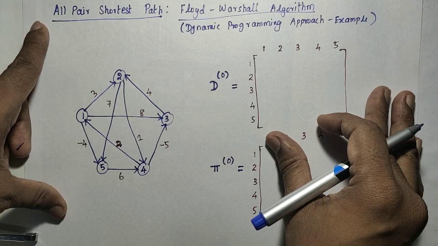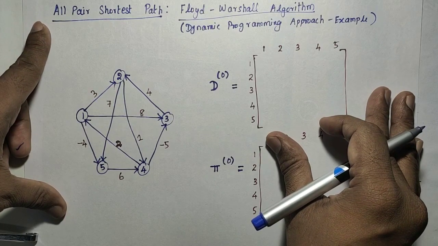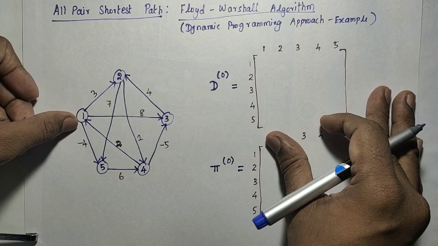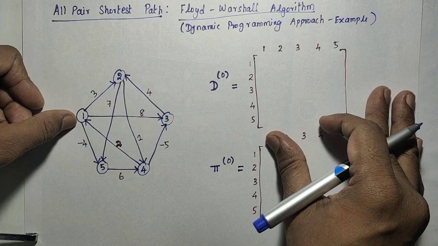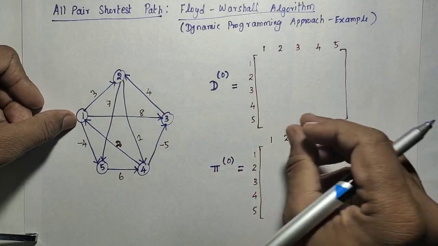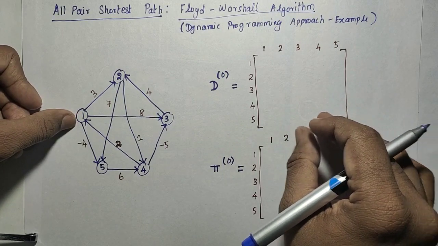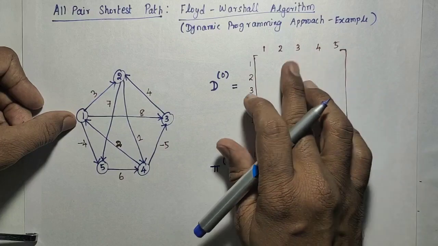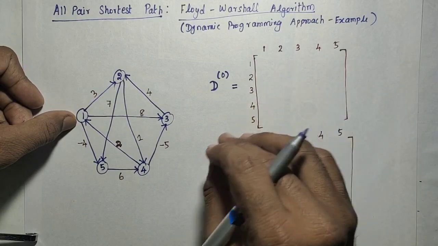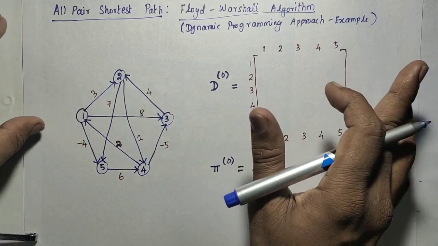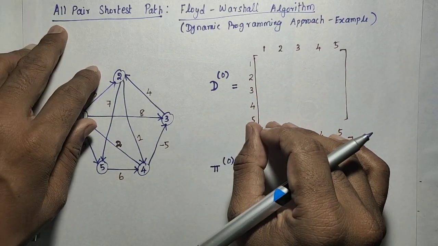The Dijkstra algorithm we have discussed. That is a single source shortest path. So we need to give one single source, from a particular node to all other vertices, and ask what is the shortest path. That is what Dijkstra's algorithm finds. Whereas the Floyd-Warshall algorithm will determine for each and every pair what the shortest path is.